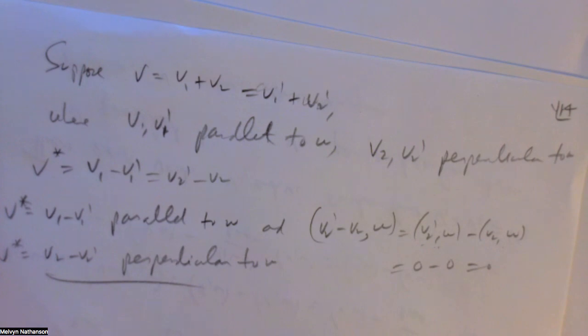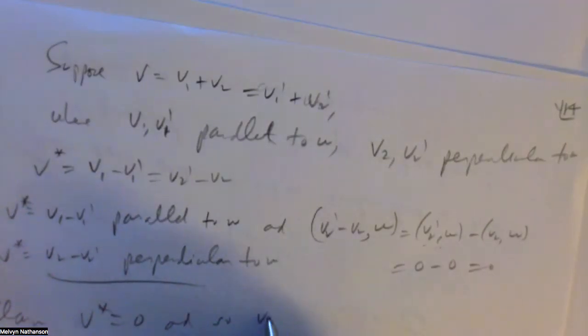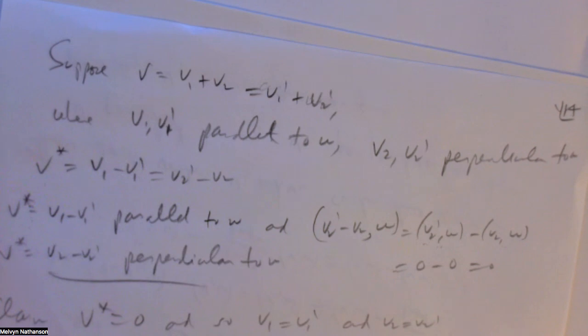So this vector v star is simultaneously parallel and perpendicular to a vector. How is that possible? I claim this implies that v star is 0. And so if v star is 0, v1 equals v1 prime, and v2 equals v2 prime. Okay, let's see, why is that? So v star